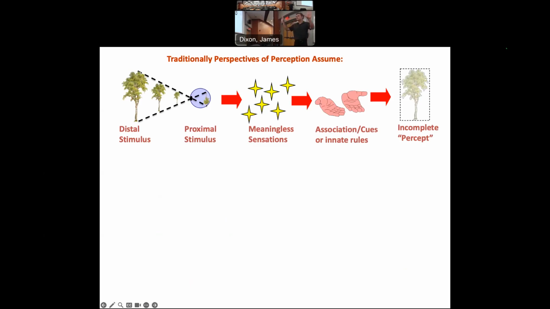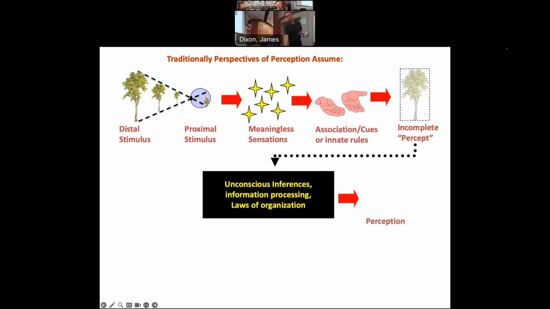So all this is supposed to be happening super fast in your brain. And then in comes the Helmholtzian unconscious inference process. That would be the constructionist viewpoint. More modern terminology would be that information processing happens. Oh, okay, I've got this thing. Now I need to figure out what it is. So I'm going to do some top down or bottom up processing. I've already done a bunch of bottom up processing probably. Or if you're a Gestaltist, you say, in come the laws of organization.